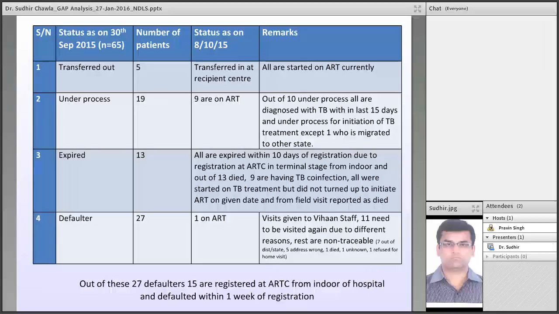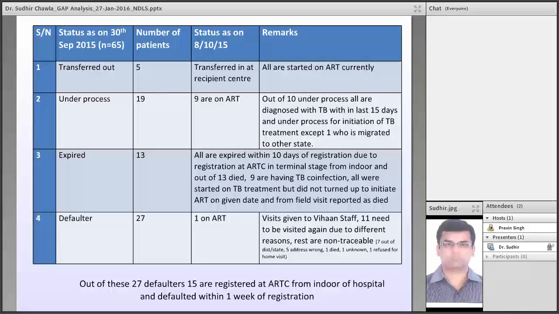So ART was not started in these patients, and when we did the field visit, we understood that all these patients had died. So now I understand that there may be some gap in coordination between indoor services and the ART center. The patient was referred during the indoor period with the caregiver. Actually, the patient never visited the ART center,